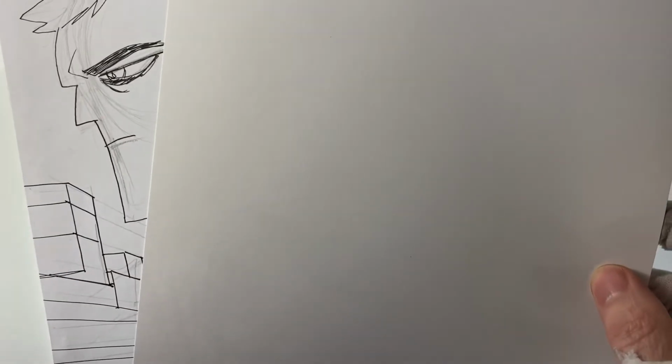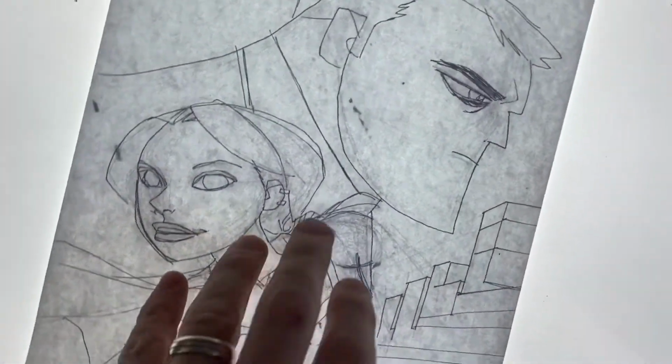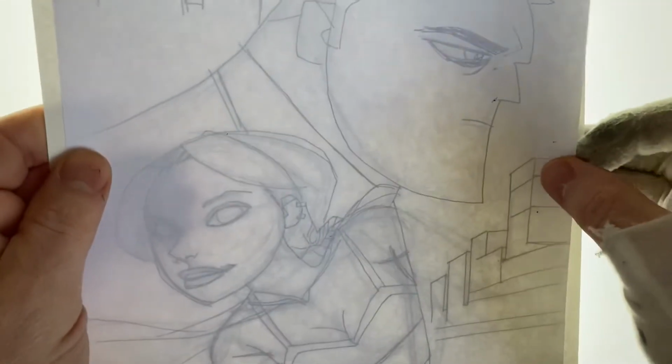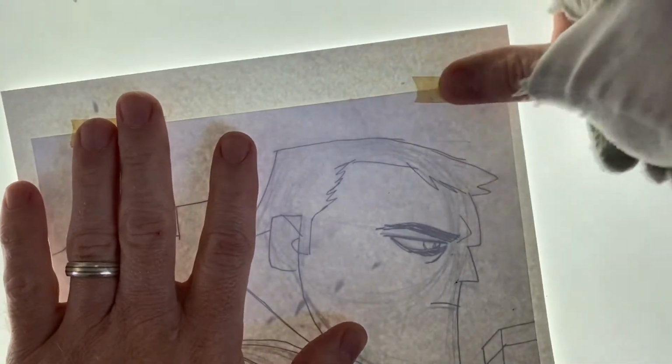I also like to just quickly look at the piece reversed. Sometimes it looks better. I think in this case it's fine, just the way I have it set up. Let's tape that down. Let's tape down here. I'm gonna adjust this a little bit so it's not so close. There we go. Now I'm going to use my handy